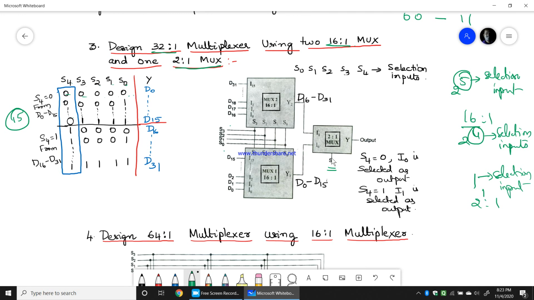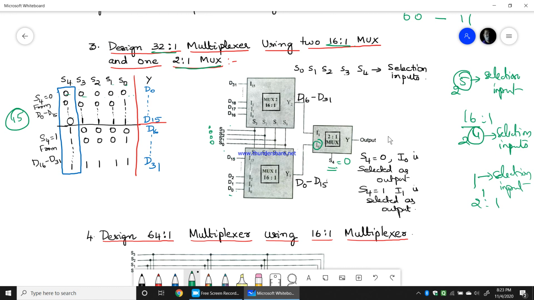Okay, so therefore when S4 is 0, I0 will be selected. D0 to D15 will be the inputs that will be selected based on S3, S2, S1, S0. Now when these are 0, 0, 0, 0, D0 will be selected and that will be the output.